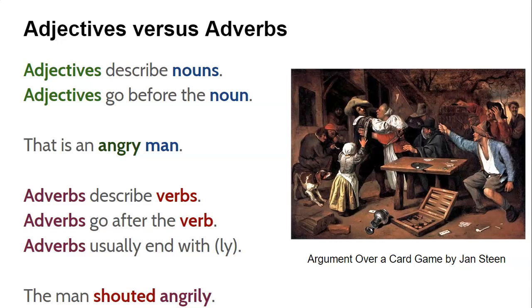Strange is an adjective, strangely would be the adverb. Happy, happily. Sad, sadly. So just remember, if you're using it to modify the verb, you're going to want that ly ending. You wouldn't use that if you're modifying a noun. You can say the sad man, but not the sadly man. And you could say he shook his head sadly, but not he shook his head sad. In this case, sadly is modifying the verb shook.